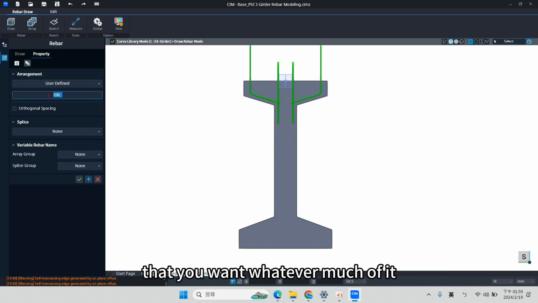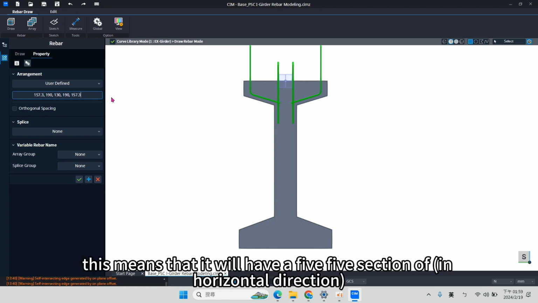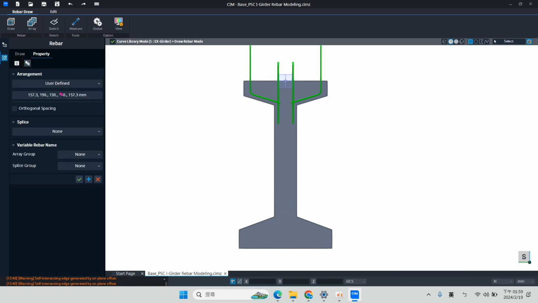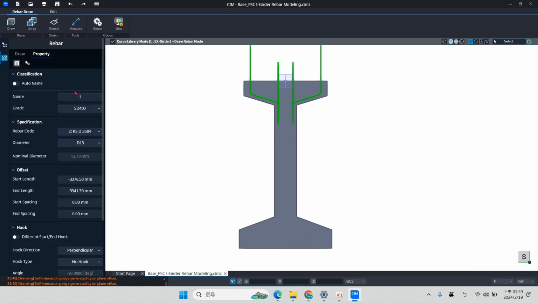In this case, we want to change it to 157.3, 190, 130, 190, 157.3. This means that it will have five sections of rebar segment.